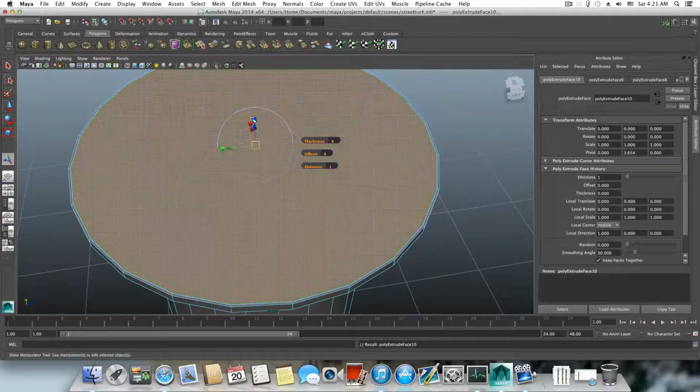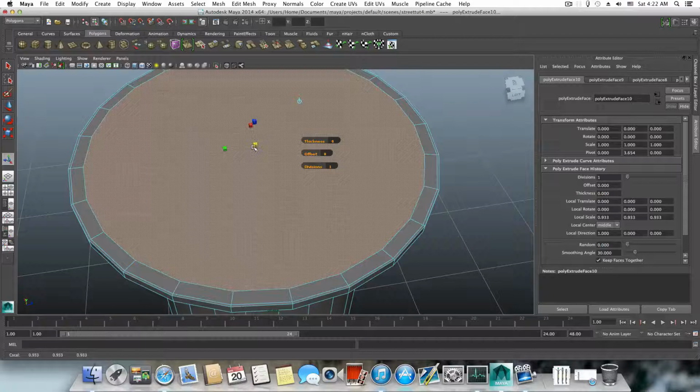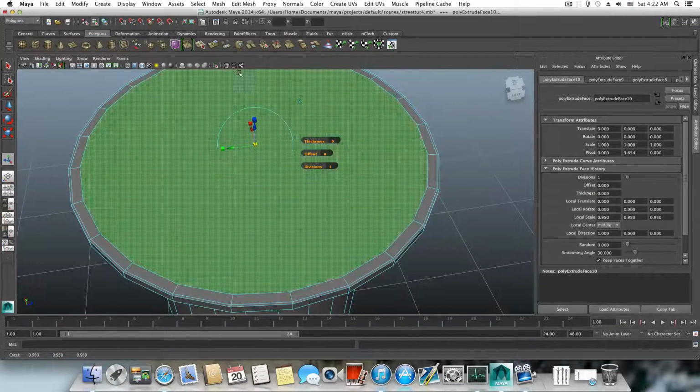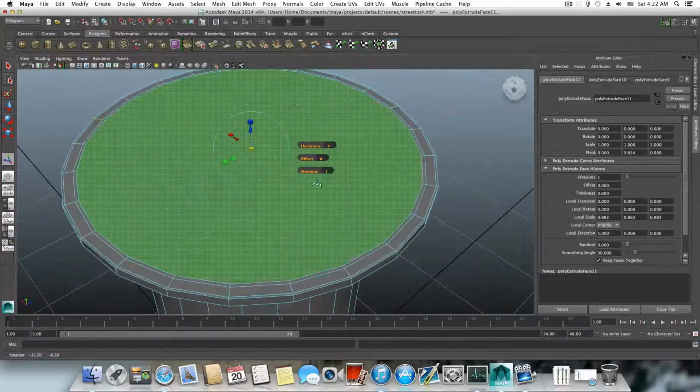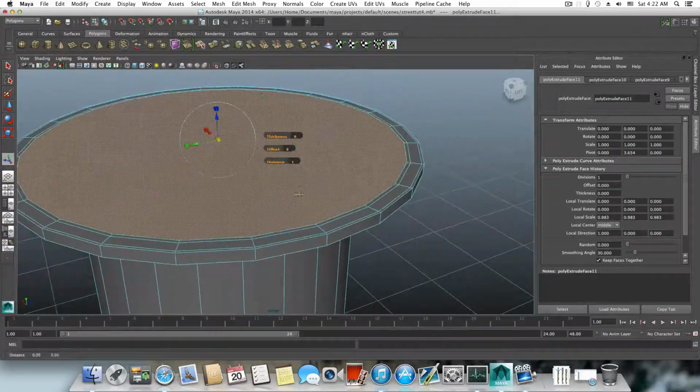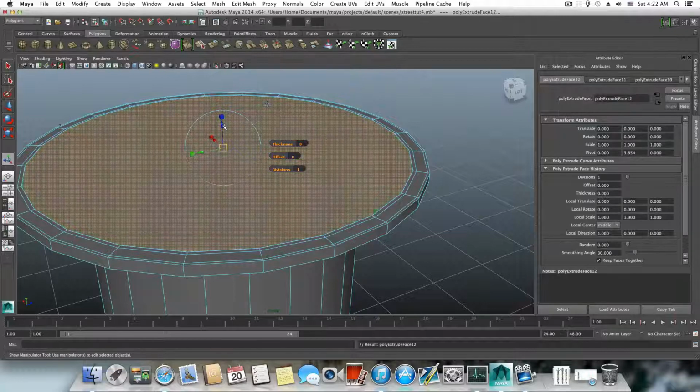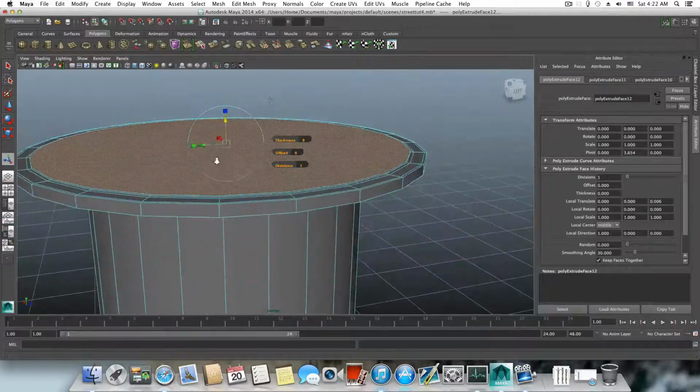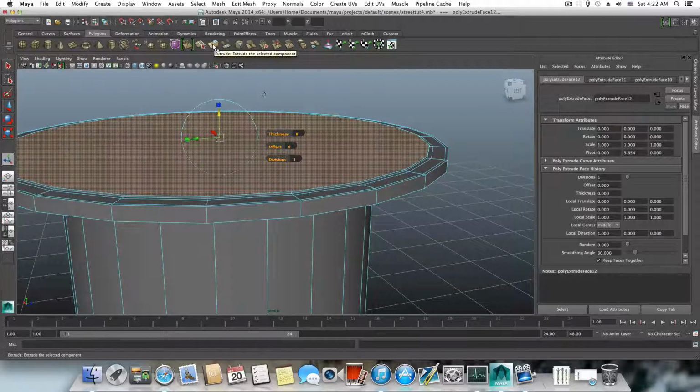Extrude it once again, tap on one of those cubes, extrude it to somewhere here, click extrude again, and basically do something like this. Okay, I need to be much more careful with it, and then extrude it once again just a little bit up. Okay, and again extrude a bit more up,